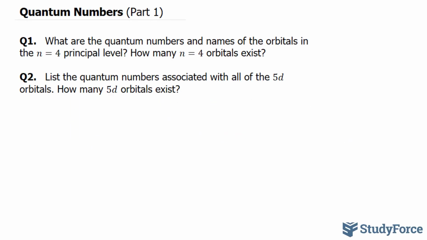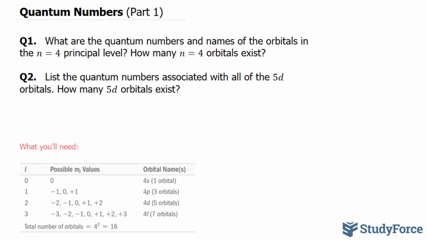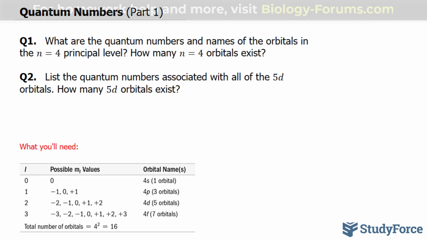In this lesson, I'll show you how to find the quantum numbers. The question reads, what are the quantum numbers and names of the orbitals in the n is equal to 4 principal level, and how many n is equal to 4 orbitals exist? To answer this question, you first need to determine the possible values of L, and L stands for the orbital